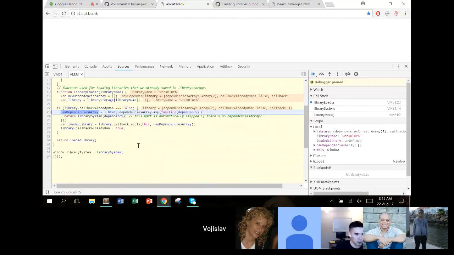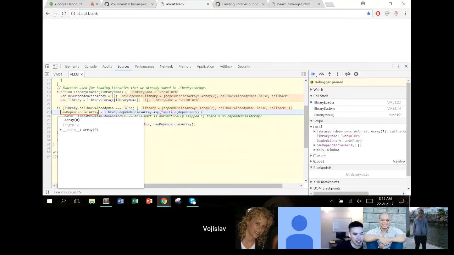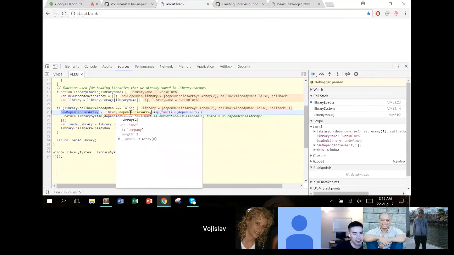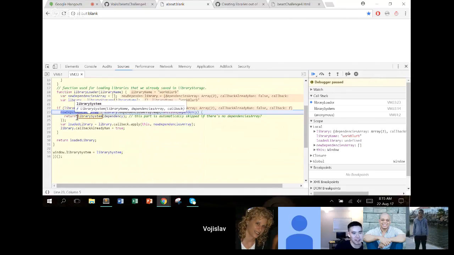So new dependencies array, can you hover over that in line 23? That's nothing. So it's still nothing, but now it will go through the dependencies array, and it will map all the dependencies, and it's going to actually return librarySystem dependency and go back to the librarySystem function. Yeah, I'm a little bit confused why you created new dependencies. Oh, because they need to be loaded again in order for